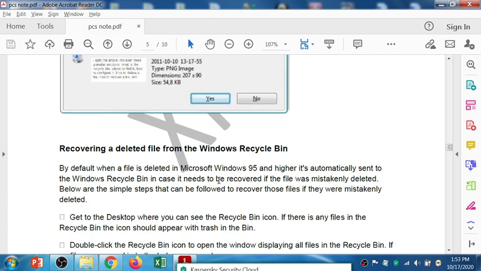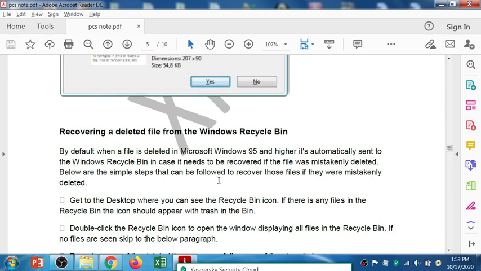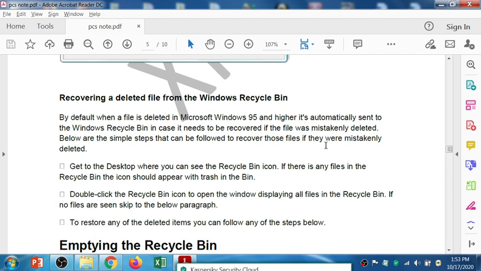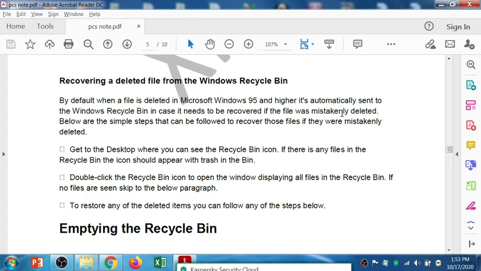Recovering the deleted data from the Windows recycle bin. By default, when a file is deleted in Microsoft Windows 95 and higher, it's automatically sent to the Windows recycle bin. In case the file was mistakenly deleted and needs to be recovered, below are the simple steps that can be followed to recover the files.